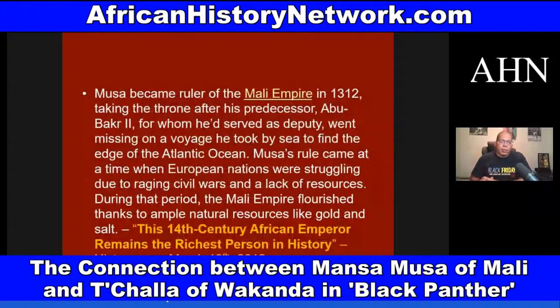Mansa Musa became ruler of the Mali Empire in 1312 Common Era or AD, taking the throne after his predecessor Abu Bakr II, for whom he had served as deputy, went missing on a voyage he took by sea to find the edge of the Atlantic Ocean. Mansa Musa's rule